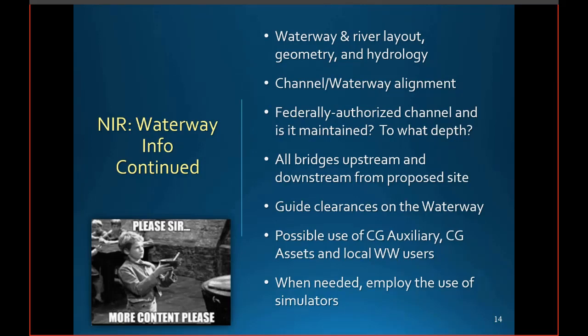Is there a channel maintained by the Army Corps? What depth is it maintained to? Consult navigational charts to see if there's an identifiable navigation channel. Much of it played into bridge pier placement and related discussions. Those discussions may need to include Coast Guard and maritime industry, especially those operating the waterway's largest vessels and/or tugs